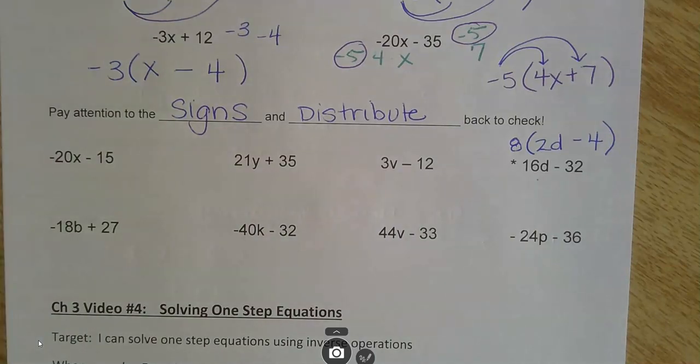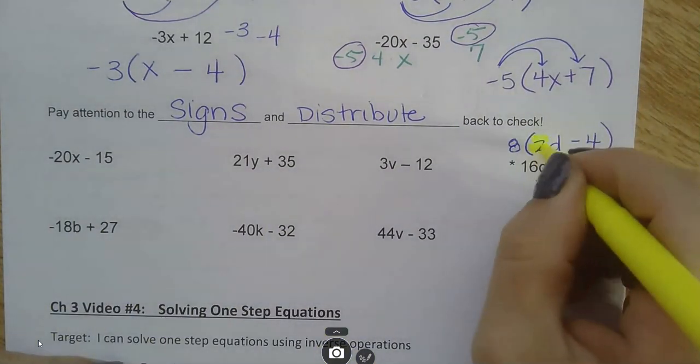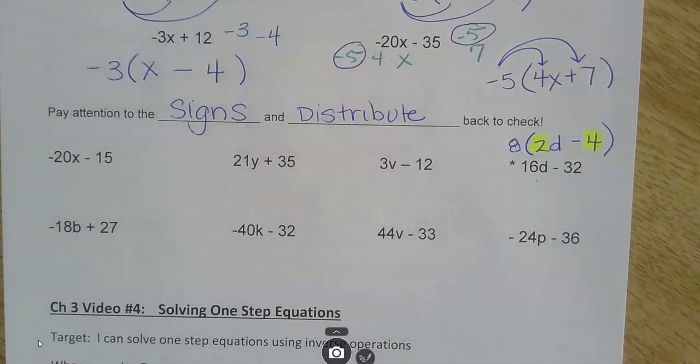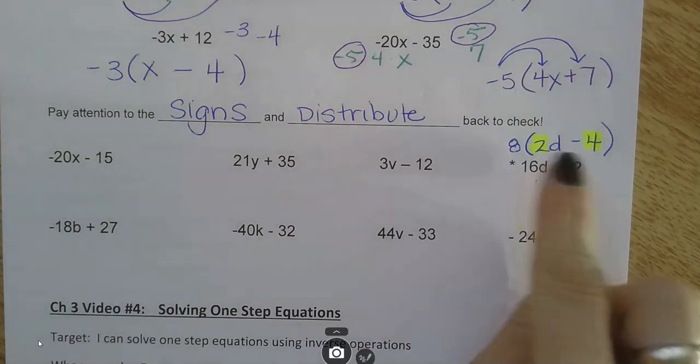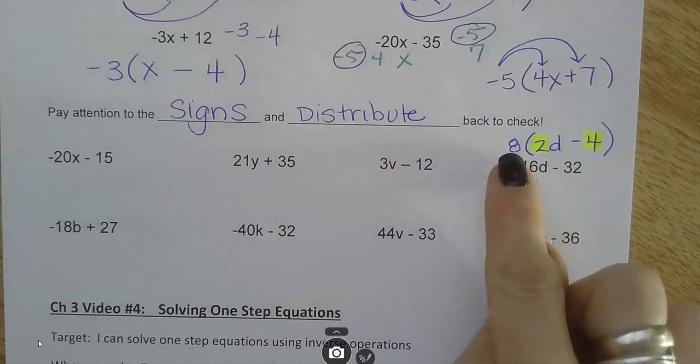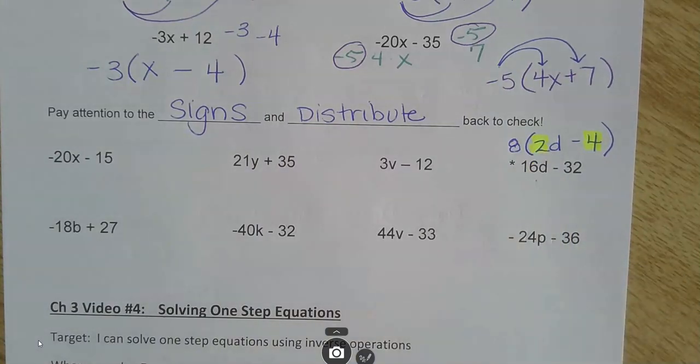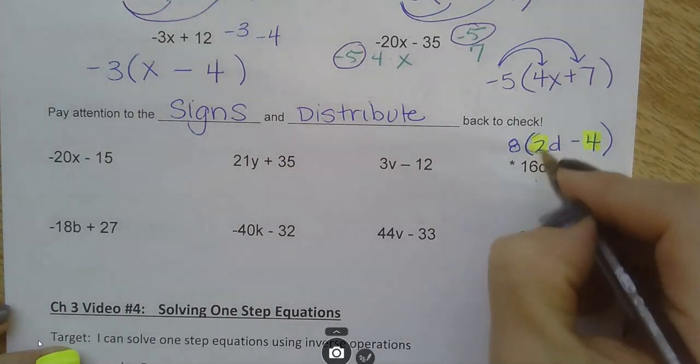Now the problem with this one, the reason I put a star by this one, is because if you'll notice, 2 and 4 still actually have a common factor that I could pull out. Again, I could keep going. So because I can still pull a 2 out of here, that tells me that this wasn't actually the greatest common factor. Okay, so if I still pull a 2 out,